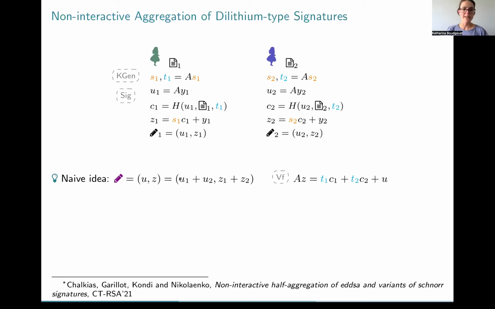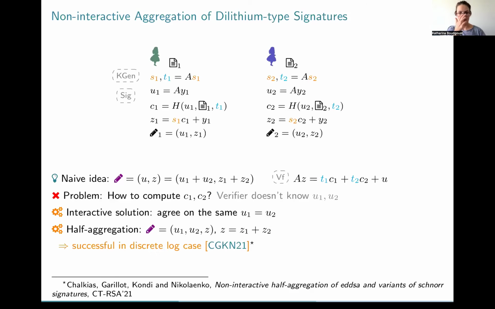So that would mean we would add the U parts and we would add the Z parts together. And then the verification would be that I have now the sum of the equations that should hold. So T1, which is the first public key, times the challenge, and T2 times the challenge. And this quickly runs into a problem because